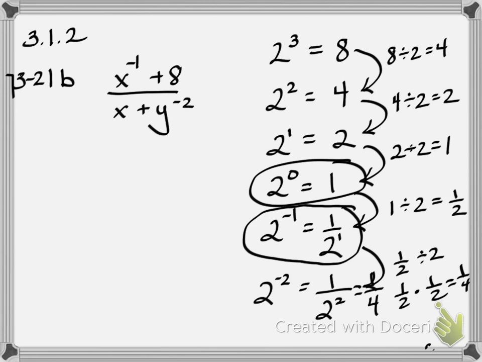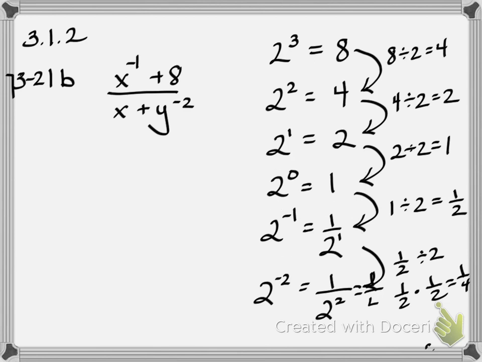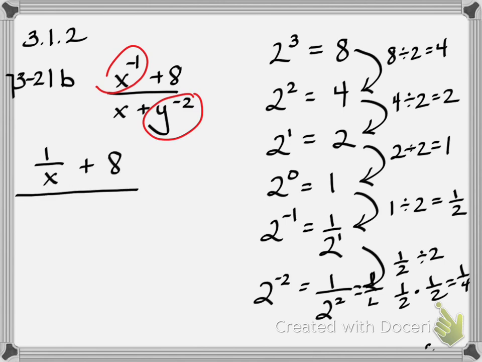So now let me get back to this 3.21b. We need to rewrite these terms right here that have negative powers. So it's going to become 1 over x plus 8 with a big fraction bar, and x plus 1 over y to the positive 2. Then we're going to do the problem just like we were doing